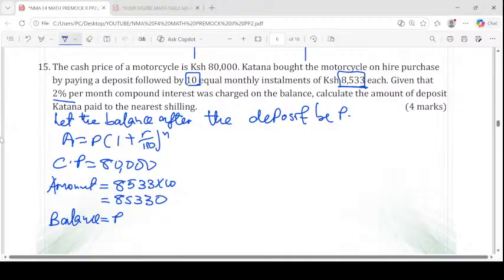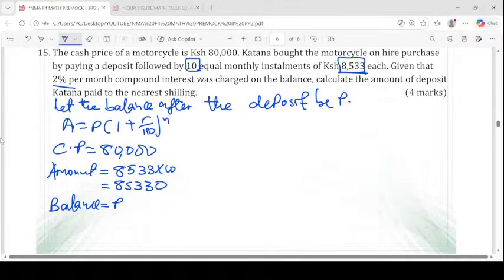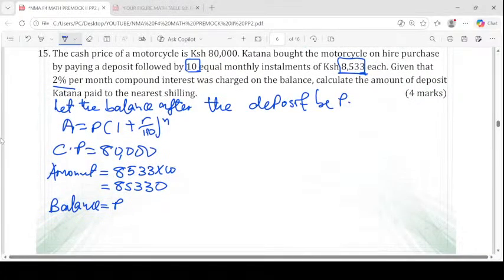Let the balance after the deposit be P. And the interest rate is 2%. So applying that particular formula, we can simply say that